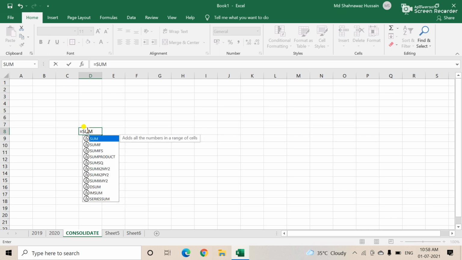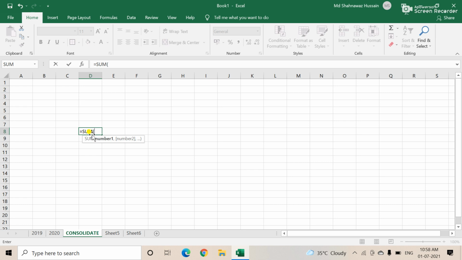All of you know the SUM function is used to add numbers, but in Microsoft Excel we are using consolidated data. So let's see how to add the numbers. Here in the case of consolidated data, there are two separate sheets and you want to add them in a particular sheet. So first, write equal to SUM.